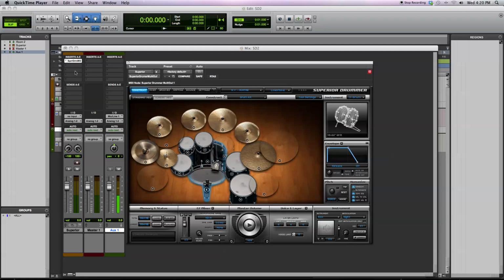This is a demonstration of Superior Drummer 2 from Toontrack. This software is both PC and Mac compatible. It comes with VST, audio units, and RTAS plugin formats. Along with being used inside of a DAW as a plugin, Superior Drummer can be used as a standalone application, and that's included in the software. And it can be used as a 32-bit application or a 64-bit application, depending on your operating system or your